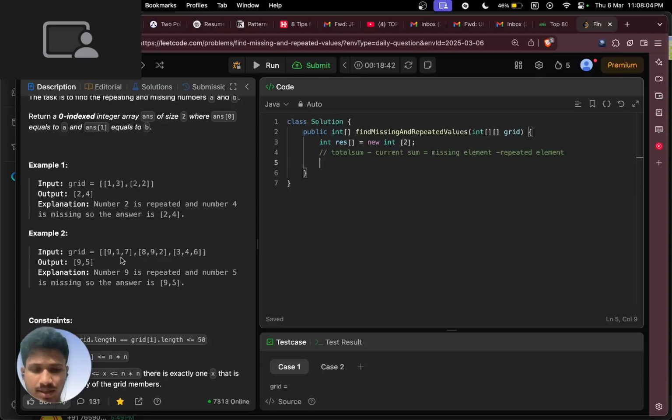45 minus, what is the repeated element? It's 5. So 45 minus 8 would be, so the repeated element here is 9 comma 5. 9 is being repeated here. So if 9 is being repeated, it's 36. So the number missing is,